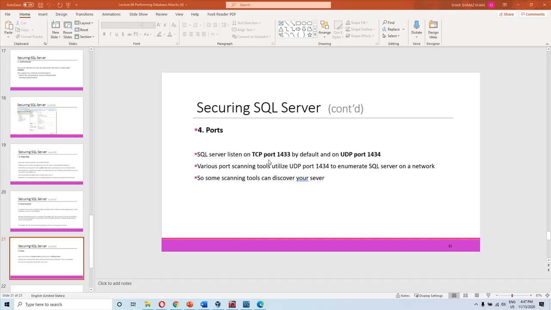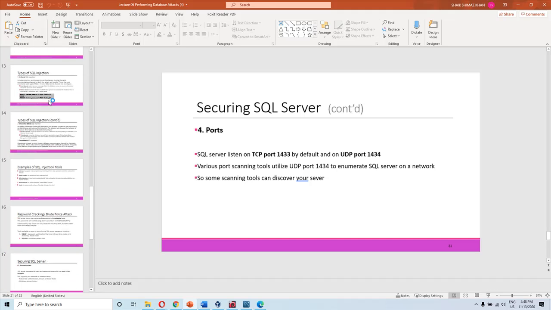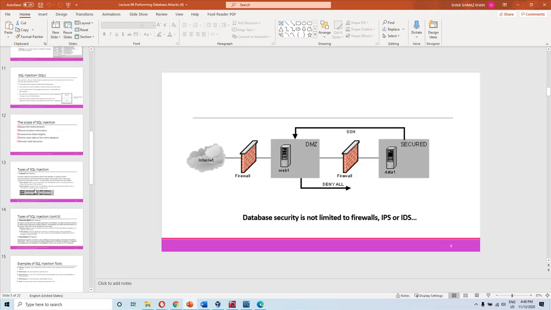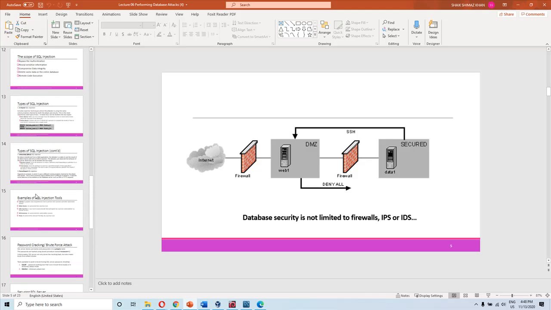Microsoft SQL Server listens on TCP port number 1433, and it also uses UDP port 1434. Network scanning tools, if they want to detect the database systems in a particular network, use this particular port, UDP port number 1434. And there are documents which show that attacks have been initiated through UDP port number 1434. So we have to secure these ports using proper network security mechanisms, which we have discussed in this particular slide: firewall and intrusion detection system, in order to monitor and detect the malicious traffic which is coming to the port number